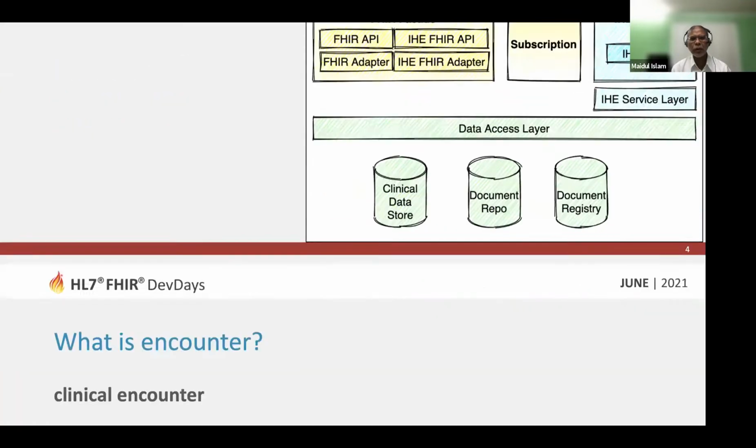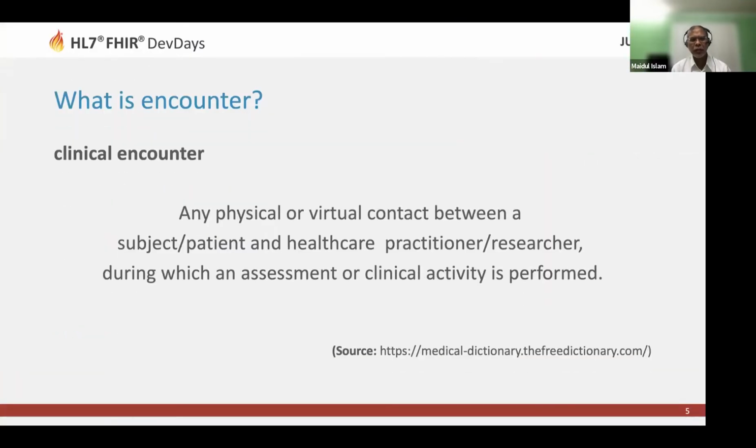So I do not envision to reinvent the wheel, rather see if we can have that information fit into our existing model. The reason being is that we have other interfaces with the clients to support both sides of the world, FHIR as well as all the V2 or IHC, those interfaces.